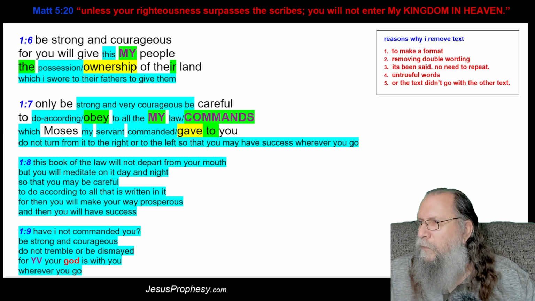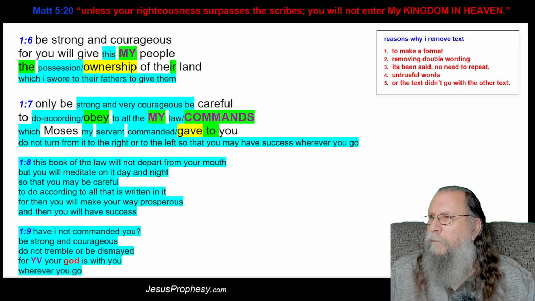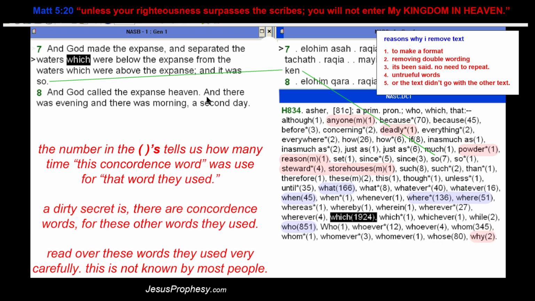Okay, did I lose that already? No, here. Now this text here, this is the Bible program. This will be the words, and when I click on it, it highlights